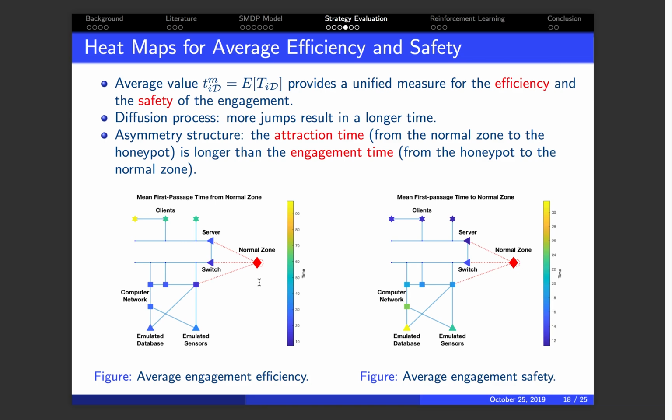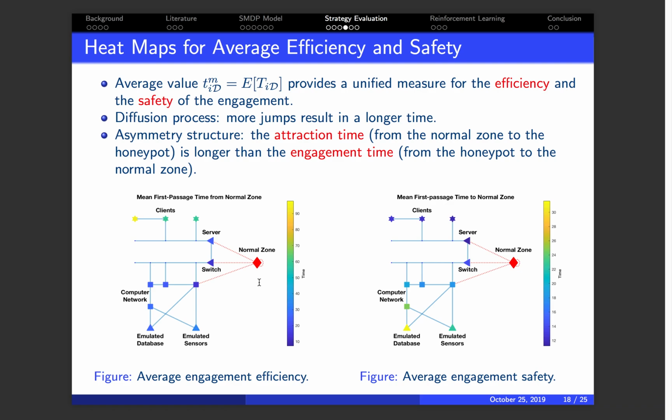We can also use the average value of this random variable to provide a unique measure for the efficiency and the security of the engagement. We can visualize these values by the heat map,